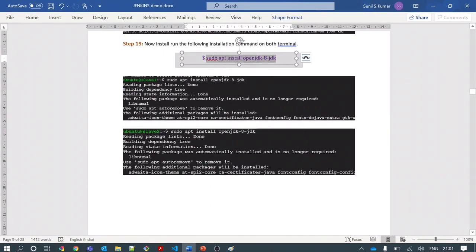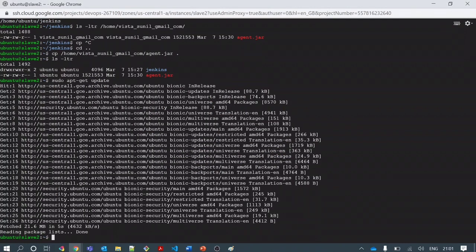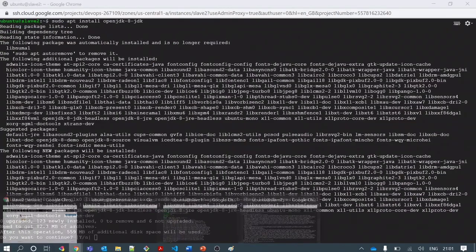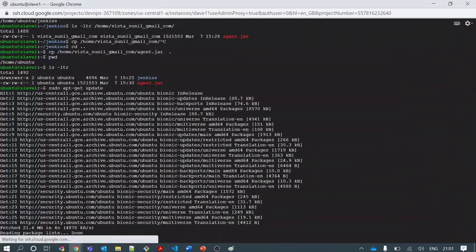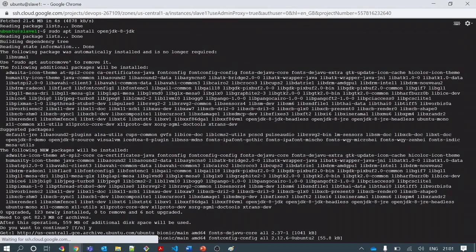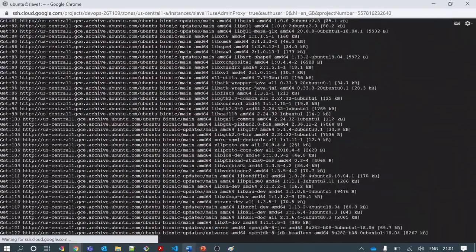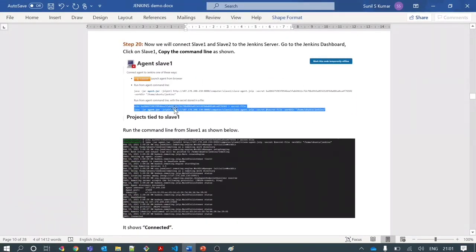Same command which I used in master, I will be using here as well, because the software is same. This is on slave 2 and to confirm, and this is on slave 1. Okay, confirm, done. So let's wait for Java to get installed, and then we can run our agent.jar file in order to connect the slave to the master node.